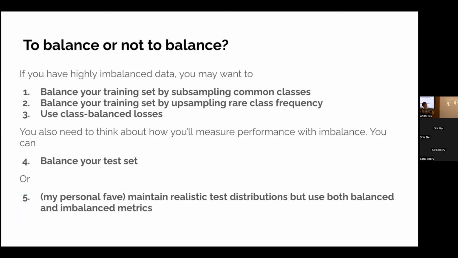This is like a big meta question: do you want to balance your training data or not? If you have highly imbalanced data, there's a few different things you could do. You can balance your training set by subsampling common classes, so basically taking your common data and not even looking at some of it. You can balance your training set by upsampling the frequency that the model sees rare classes. Now you're keeping all your data, but at each training step, within your batches, you're showing the model the rare things more often,